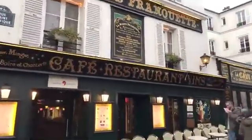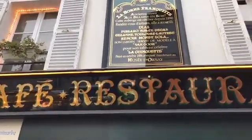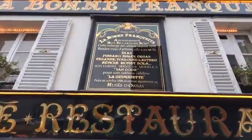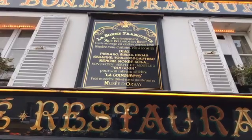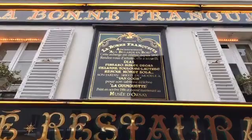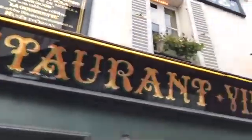So it's called La Bonne Franquette. The food's not bad. I've eaten here before. We're on the Rue Saint-Rustique. And if you look between the two windows, just to give you an idea of what we're dealing with here, the footsteps that we're walking in, look halfway down this panel. Degas, Cézanne, Toulouse-Lautrec, Renoir, Monet, and Van Gogh himself, they would have all been patrons here at La Bonne Franquette. And again, as a former art school kid and a lover of Impressionism, it's just such a treat to walk through Montmartre. By the same token, on the same street, which is another vintage village sort of atmosphere,